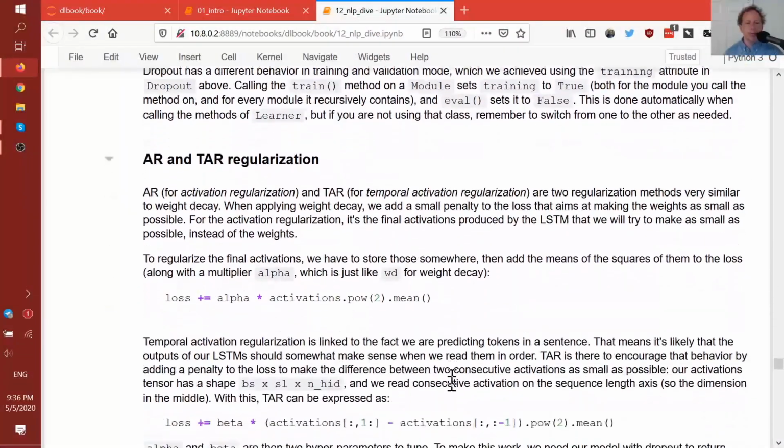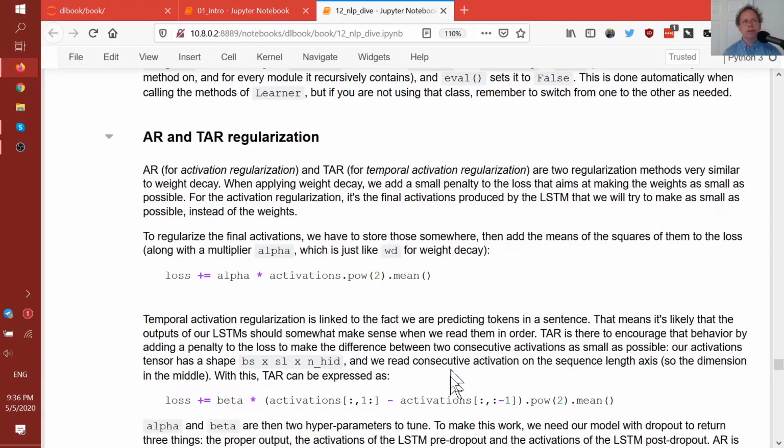Another approach, which I've only seen used in recurrent neural nets, is activation regularization and temporal activation regularization, which is very, very similar to the question that we were just asked. What happens with activation regularization is it looks very similar to weight decay, but rather than adding some multiplier times the sum of squares of the weights, we add some multiplier times the sum of